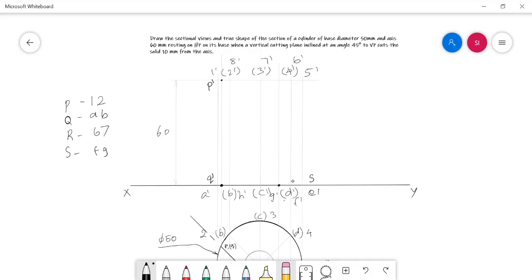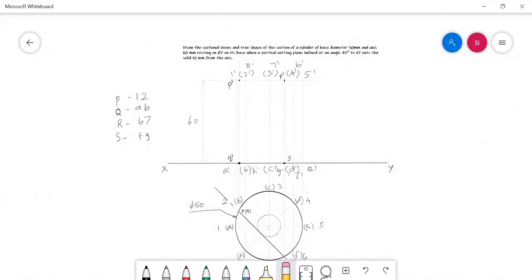The same projector intersects the arc piece 6 dash 7 dash, that is the address of R, in this part. So there I need to mark the cut point R dash. Now we have completed marking the cut points in both front and top views, and immediately after that you need to connect all the cut points with straight lines.